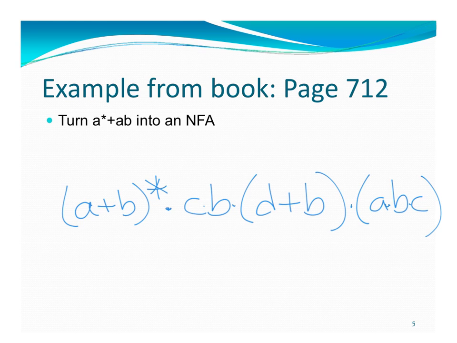And so if you think about how we might split this up, what are the important parts of this? Clearly, this a plus b starred piece is kind of a piece by itself that has to get evaluated before we multiply it by these pieces, and this d plus b, because it's in parentheses, has to get evaluated first,